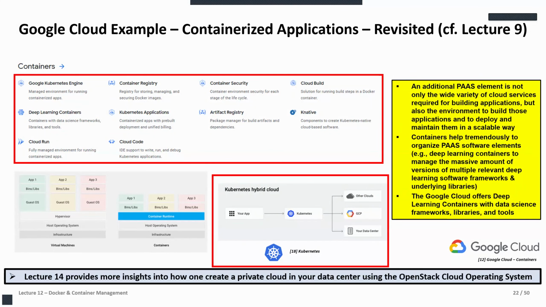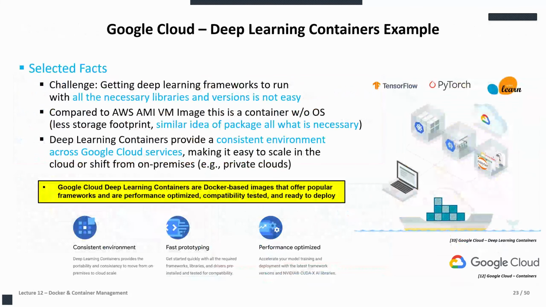Now, the benefit that you have by this in these containers is, again, think about what we had already earlier, that there are so many different versions of deep learning packages. There may be different underlying libraries that you need for different hardware. So having this all conveniently in the deep learning container is basically quite nice. So when we now look at this idea as an example, because we had this already a little bit in our practical lecture 7.1 and lecture 7 and so on, we looked at the AMIs, if you remember, from AWS. So it's very similar to the idea there.